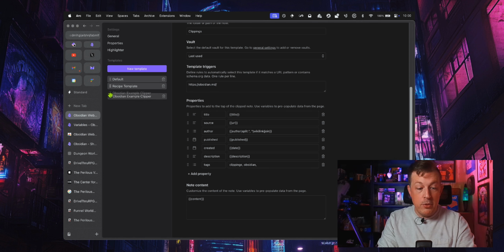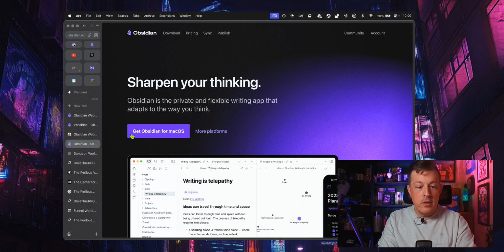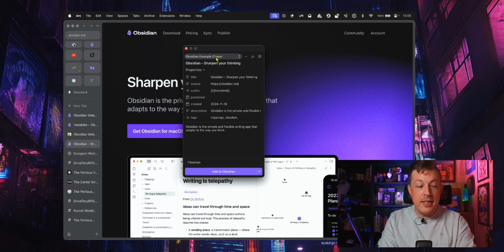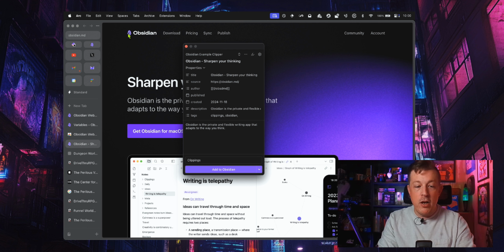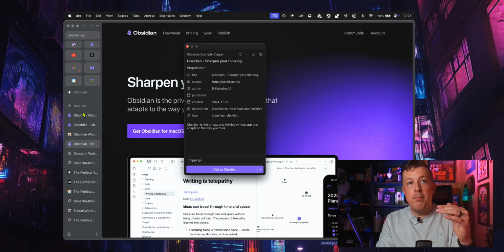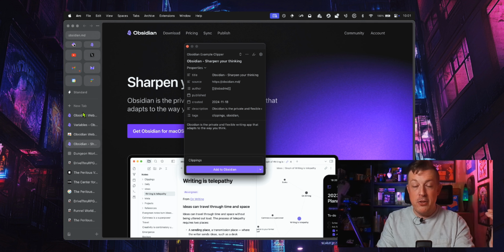And the Obsidian example clipper, let's bring it down to the lowest priority, but then go to the main Obsidian page and then clip. And now, even though the Obsidian example clipper is the lowest priority template, it recognizes that we're on the URL associated with this template, and it uses this one instead of the top level default one. Okay, so that is how you can prioritize which template your Clipper defaults to,